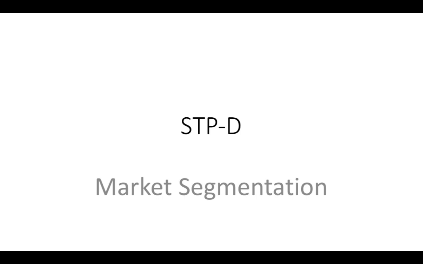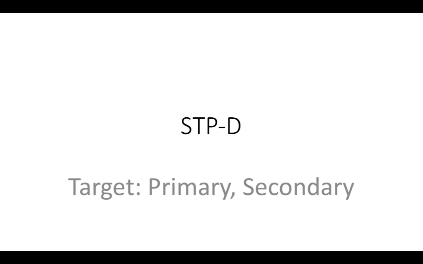STP-D, segment, target, position, and differentiation. You'll hear this throughout the course. I'll say, what's the STP-D? Segment, target, position, and differentiation. Now there's little differences in all of these, and we'll discuss these as we go on. For example, in market segmentation. Market segmentation are naturally occurring groups. They could be age, they could be gender, they could be things like millennials is that market segment. Or there can be other market segments like people who live in the Candelaria or the north of Bogota. These are market segments.